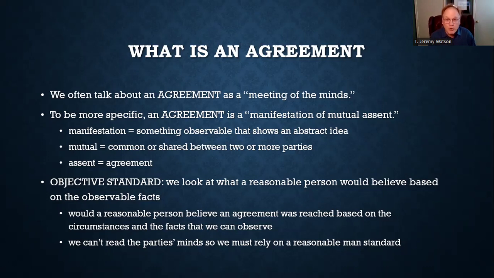And so if you're trying to prove that a contract existed, or if maybe the other side, or maybe you're on the defense and you're trying really hard to prove that there was no contract, man, maybe the first thing you want to pull out is that definition of agreement, a manifestation of mutual assent. Is there any evidence that the parties, is there something observable to show that the parties agreed on exactly the same thing? That's the basic definition of an agreement, all right?